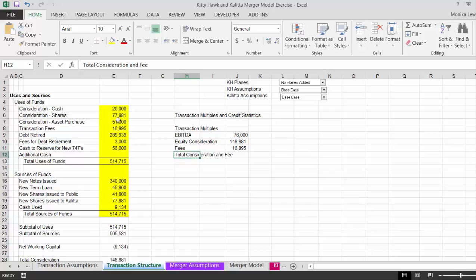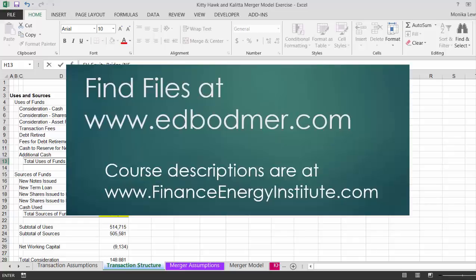I don't know whether you should really put the fees in or not. Doesn't really matter. So let's put a sum here, and then we can put the net, the bridge, EV to equity bridge, which is net debt. Okay,